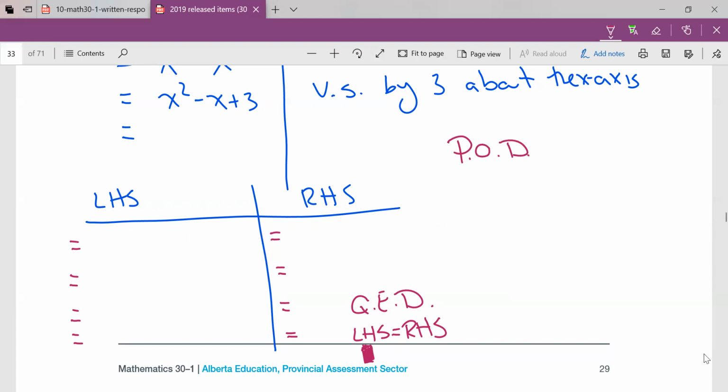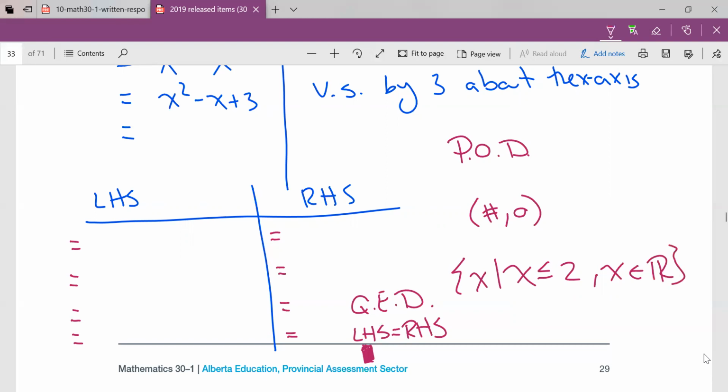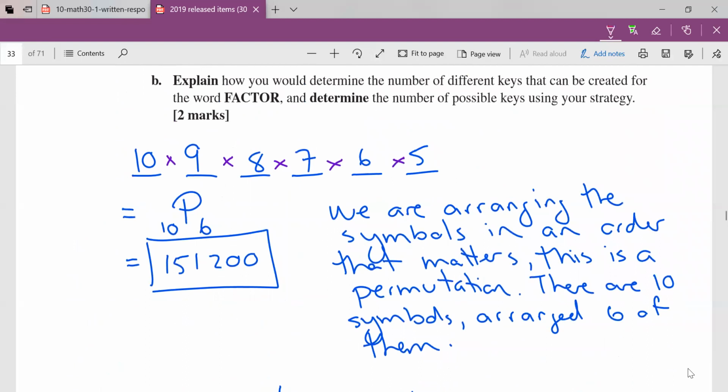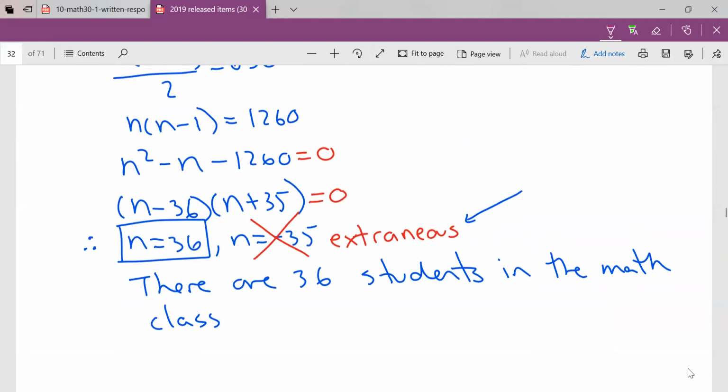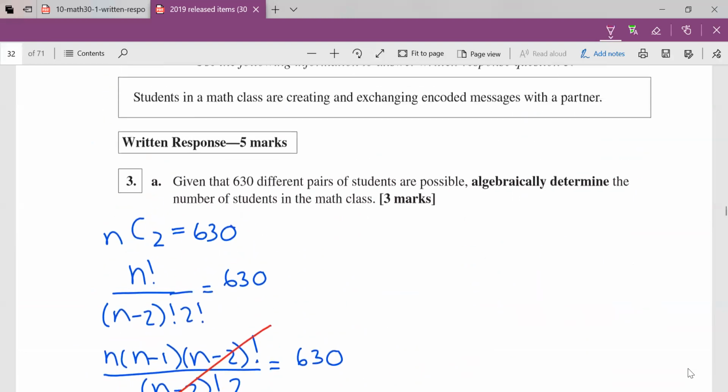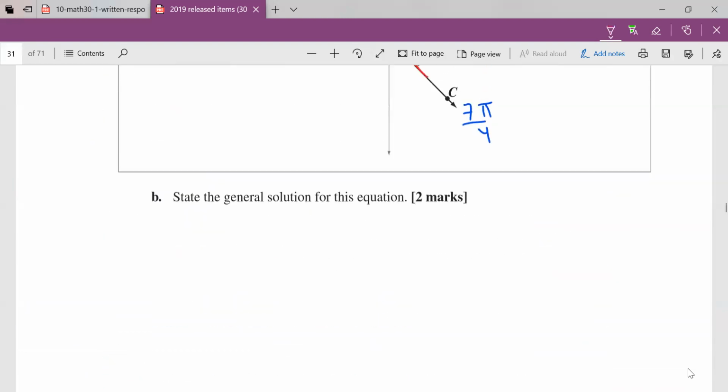A y-intercept and x-intercept is a coordinate pair. Write it as such. Domain and range. This is not acceptable. You must write domain and range properly. Okay? So it's little things like that. In my sketch, labeling everything in a sketch, keeping equal signs down the page, writing the word extraneous if I'm going to eliminate an option from my solutions,